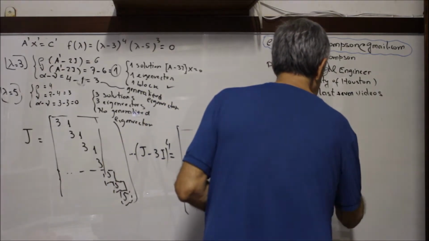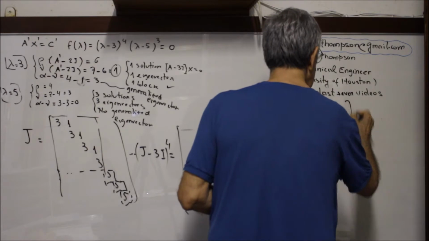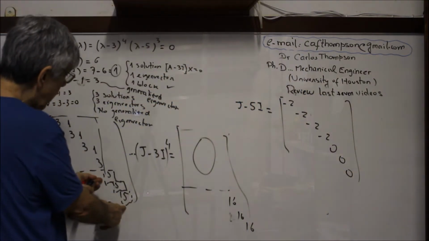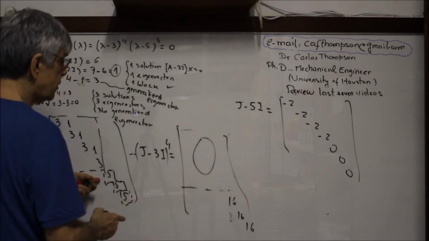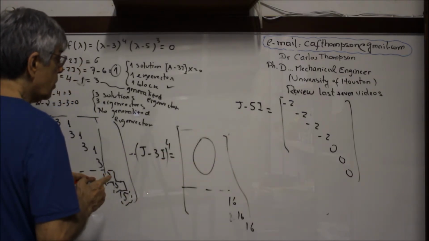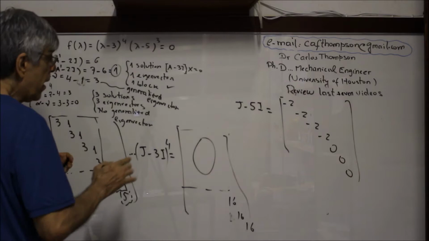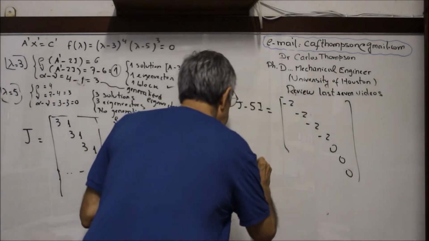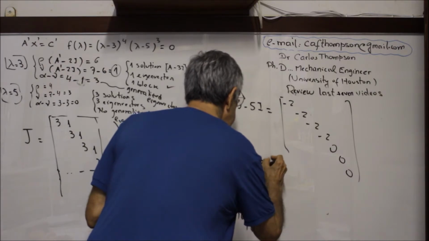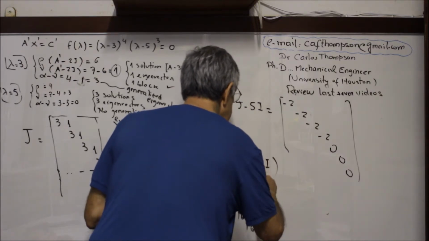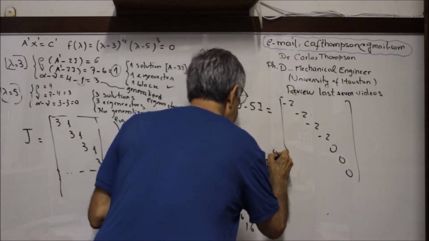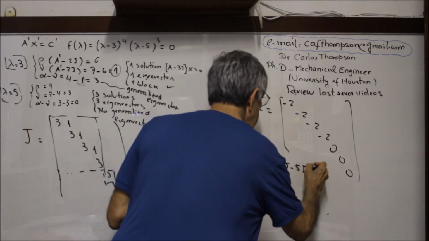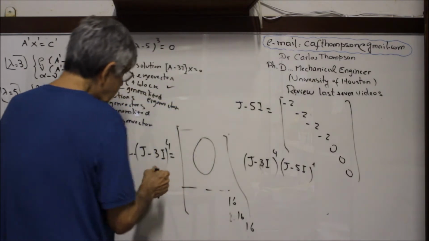Here will be 0, 0, and 0. That's easy. J minus 5I. This is 5, okay? Subtract 5, it will be 0, 0, 0. Now, if I multiply J minus 3I, I'm sorry, to the power 4 times J minus 5I to the power 1, you see,